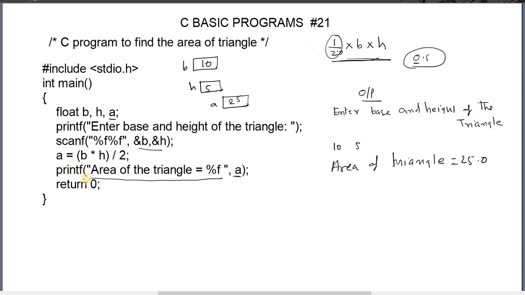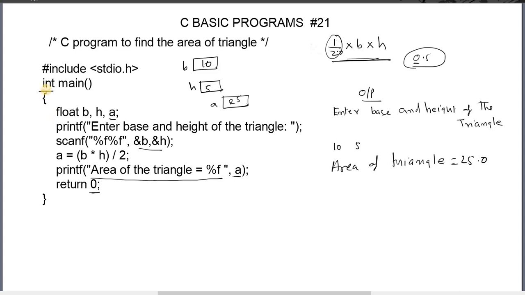Every C program terminates after return 0. When this statement is executed, 0 will be returned to the compiler. It just indicates the true status. It means it indicates the program has successfully completed. Here 0 is an integer, that's why we have to write int here, because the function name is main and its return type is int.